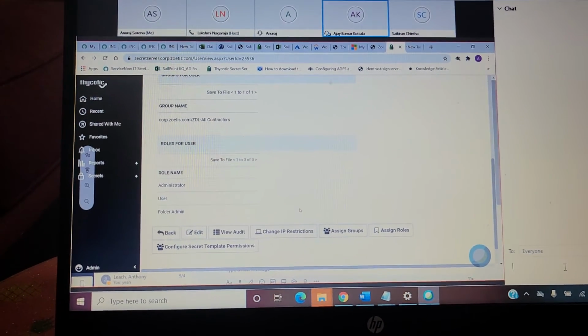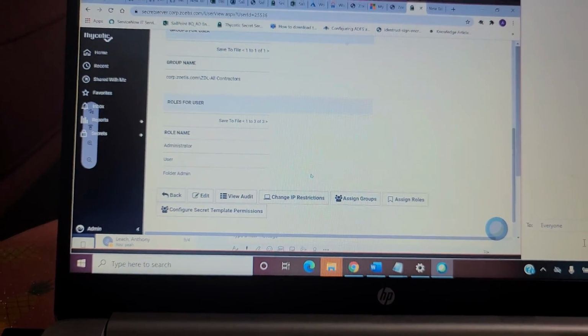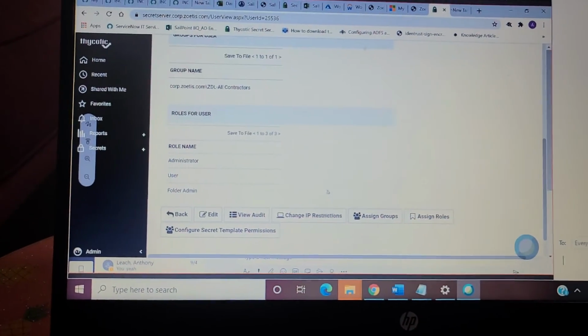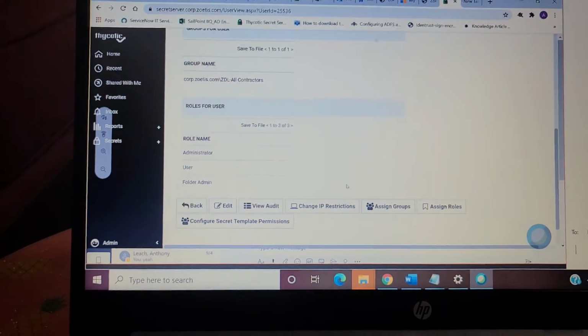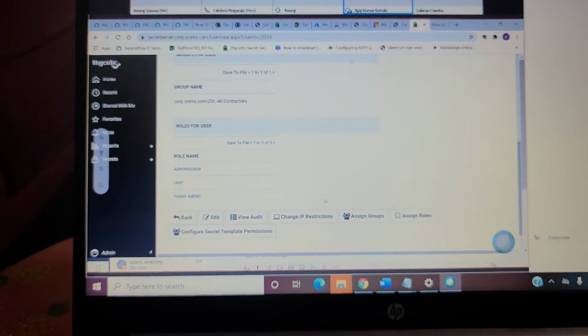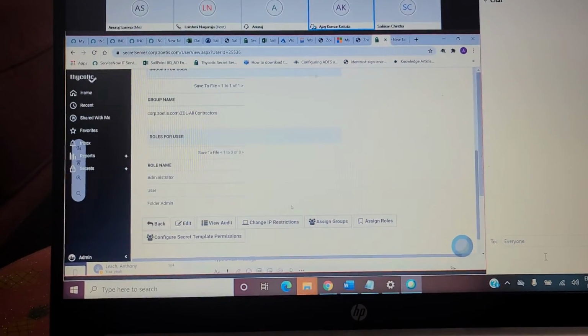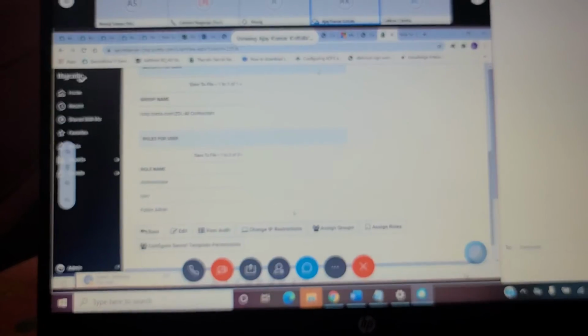So to avoid that, we have something called check-in and checkout. Checkout is like you're going into the application; unless you come out of that application, the other user cannot log in.